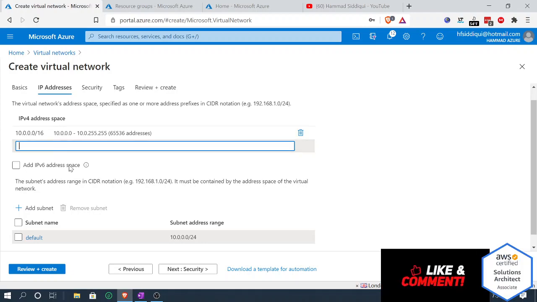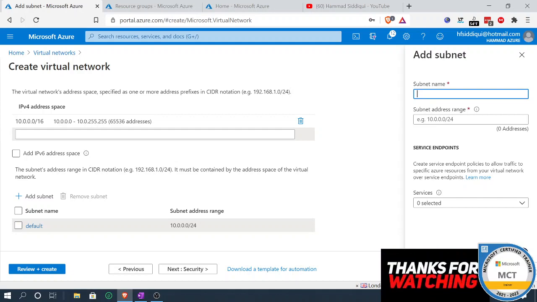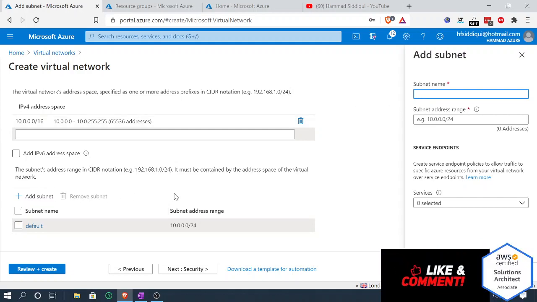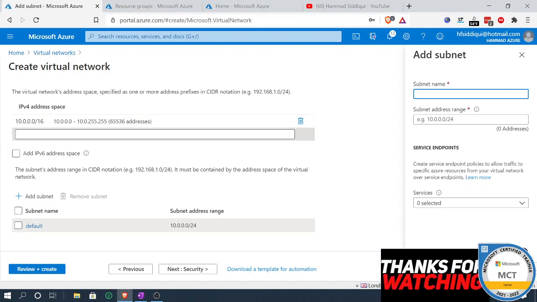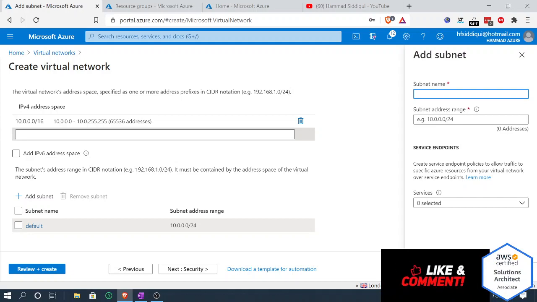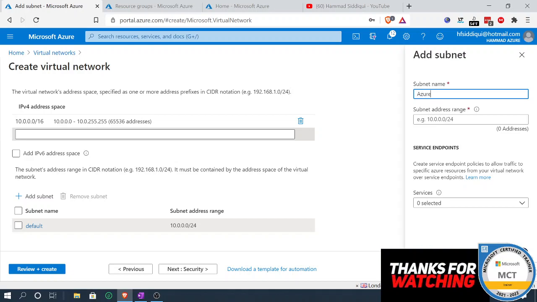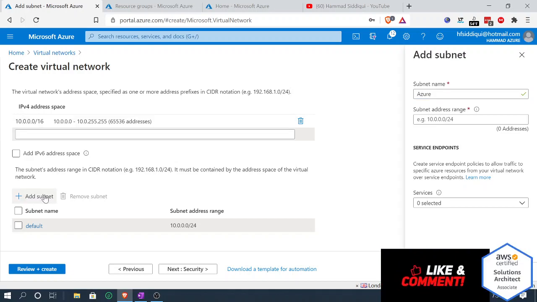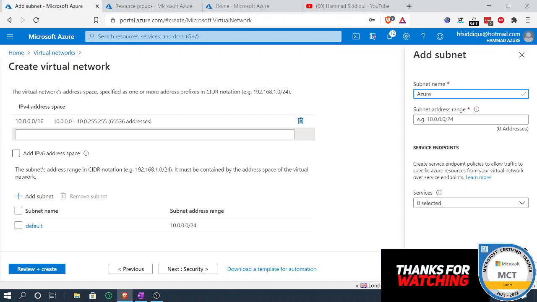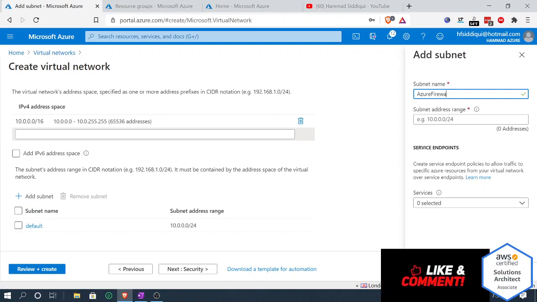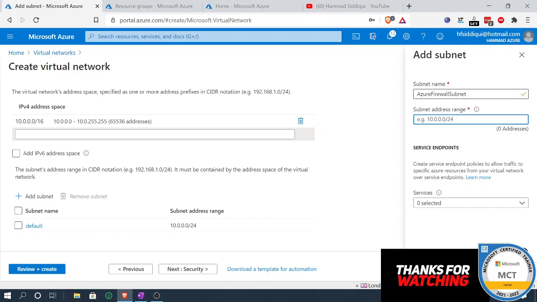Maybe we already have a 10.16, so we'll just add another one. We'll give this one a subnet for Azure Firewall. Just like Bastion host, you need to give a specific name for the Azure Firewall subnet. So I would just create a subnet and type in Azure Firewall subnet, and then let's give them an IP of